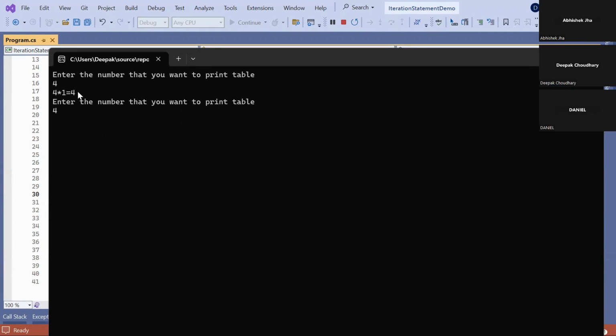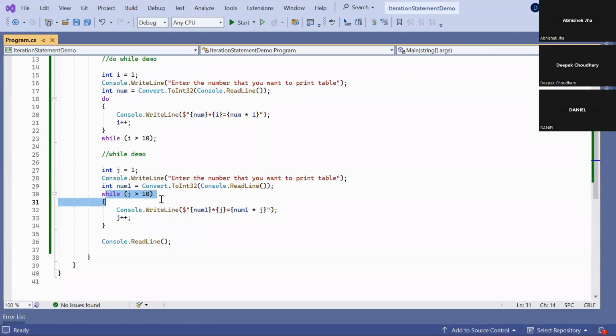Whenever you feel any logic needs to be executed at least one time, then you use the do while statement instead of while, because the while statement always checks the condition first, but do while executes the statement first and after that checks the condition. So that is the difference. Other than that, everything is the same.